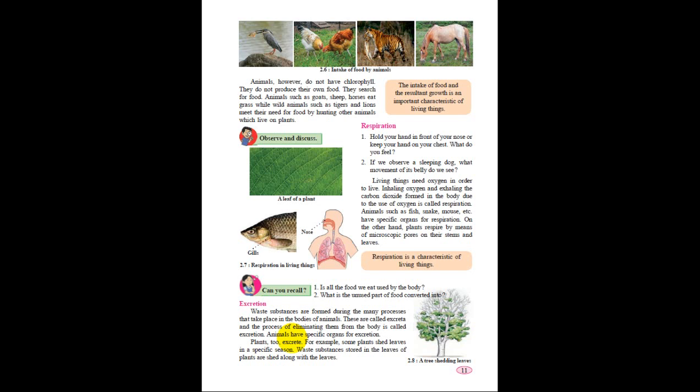You can understand it like this: the plant drops that leaf by itself. Some leaves of any plant become of no use, have no chlorophyll now, and all the nutrients, the leaf has already made enough food for the plant. Now that leaf becomes waste for that plant. So the plant throws those leaves on the ground because they are of no use, and that is called the excretion done by the plant.